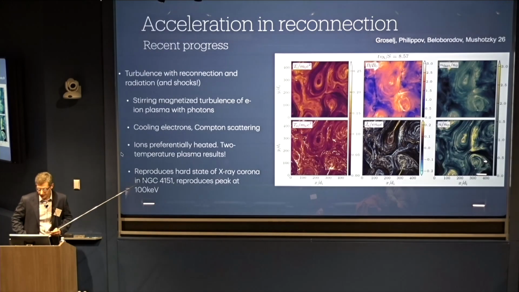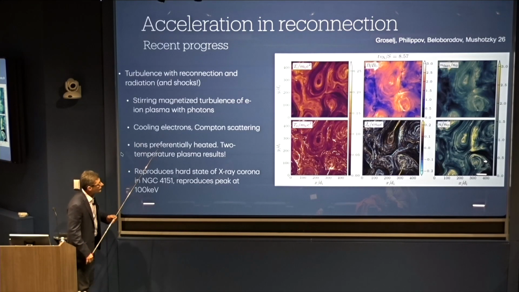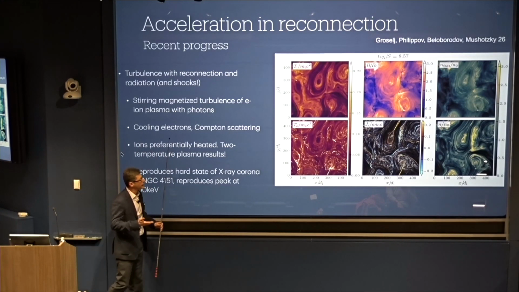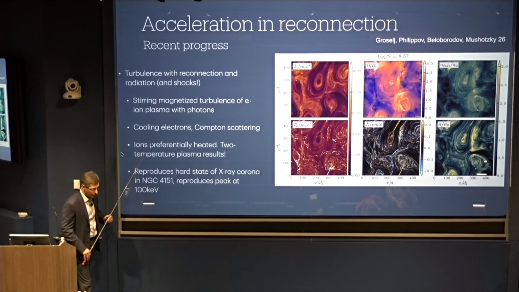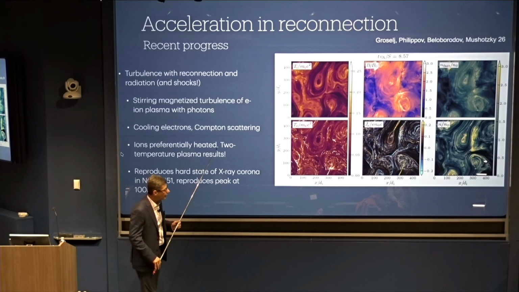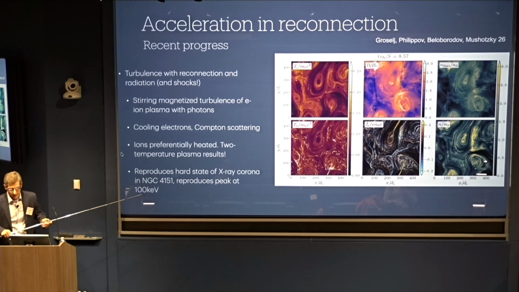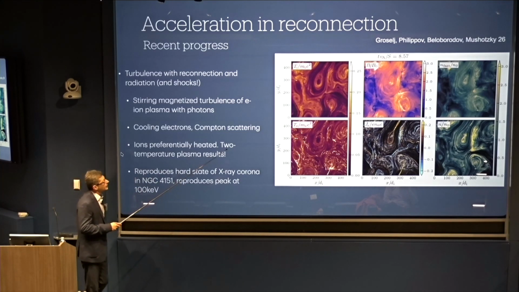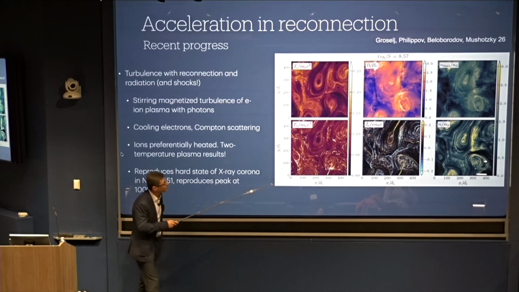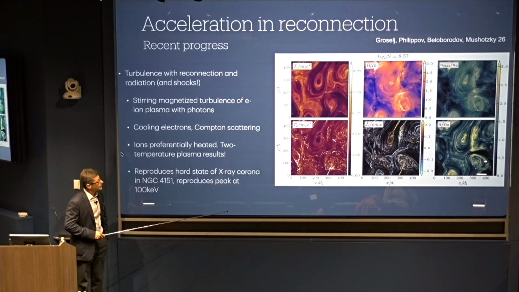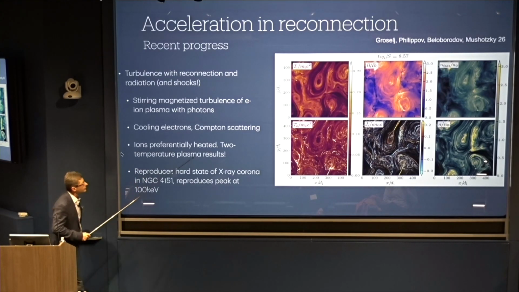Okay, so the addition of radiation and reconnection has shown that there is much to be found beyond the simple expectation. So here, the group of Daniel Groselj, Sasha Filipov, Andrei Beloborodov, and Mościbrodzka went all in and decided to do turbulence with reconnection and cooling, and they found even more than they bargained for.